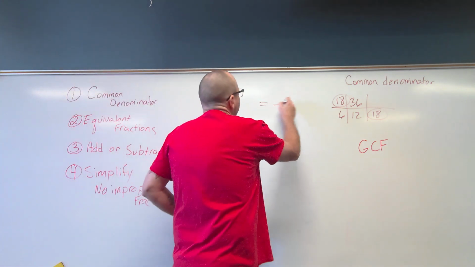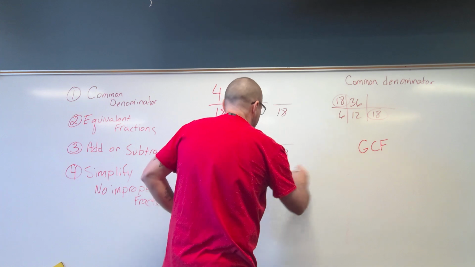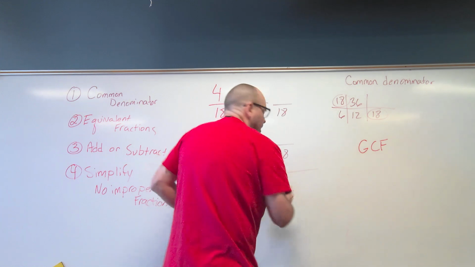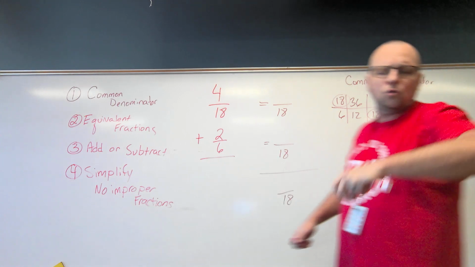All right, so now we are going to make equivalent fractions. They have to have a denominator of 18. And we know our answer is going to have a denominator of 18 because we add fractions together. As long as they have the same denominator, we don't change the denominator. So,